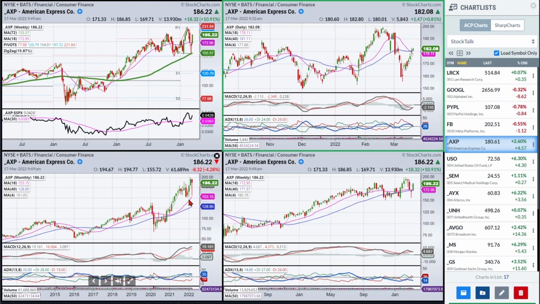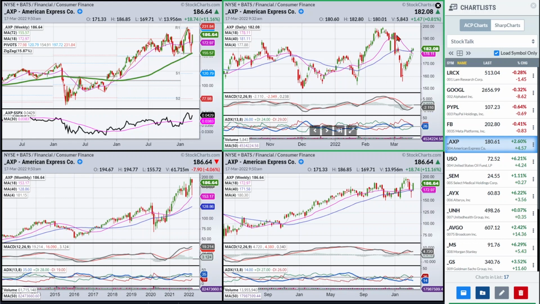Okay, if I look at the 18, I'm above on the monthly chart, I'm above a rising 18-month line. I would consider that to be in an uptrend if you're above a rising 18, right? Now, if I look at the weekly chart, yes, I am above the weekly 18, but it is flat. You see how the 18 and the 40 are just both going sideways? I would consider this a neutral trend, maybe with a slightly upward bias because price is above, but it would be considered neutral to me.